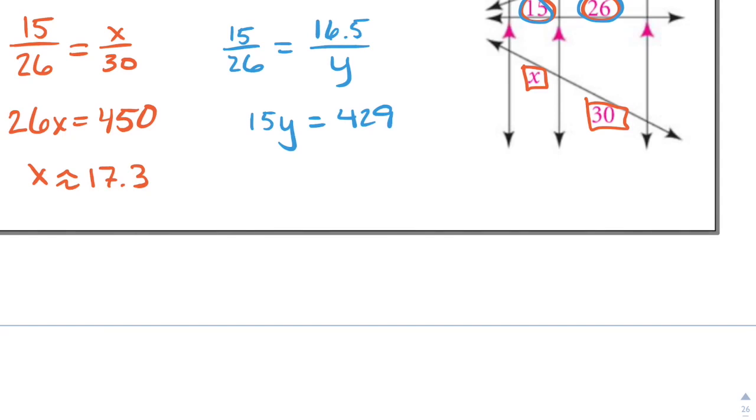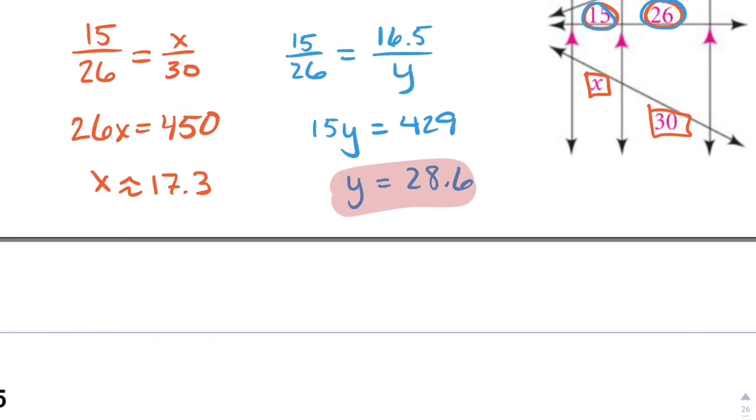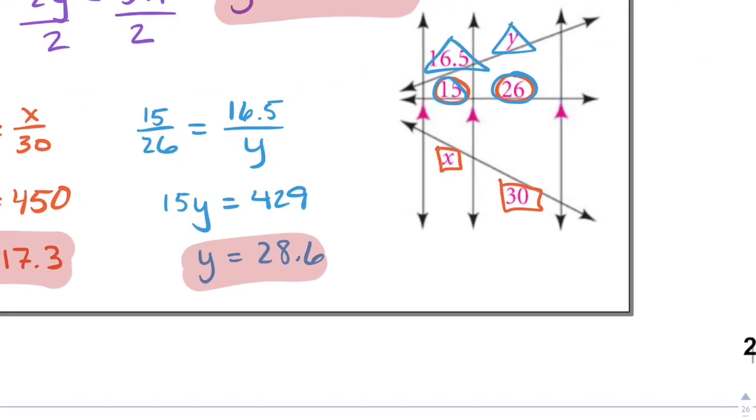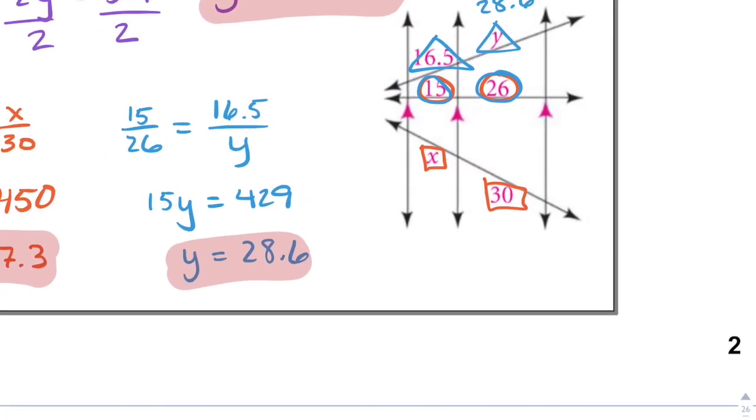And for that one, 429 divided by 15 is exactly, oh, I apologize, y is exactly 28.6. And the question is, does this make sense? Well, if I have 28.6 and I have 17.3,